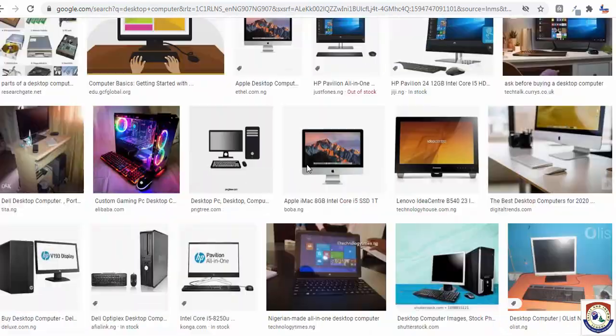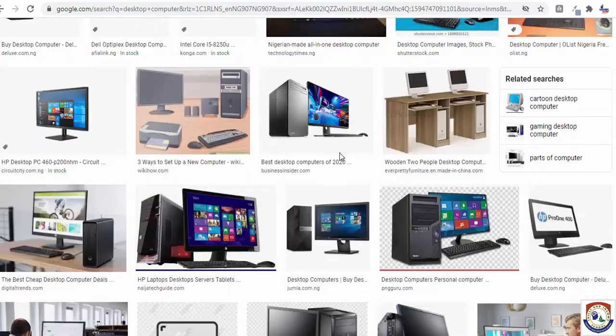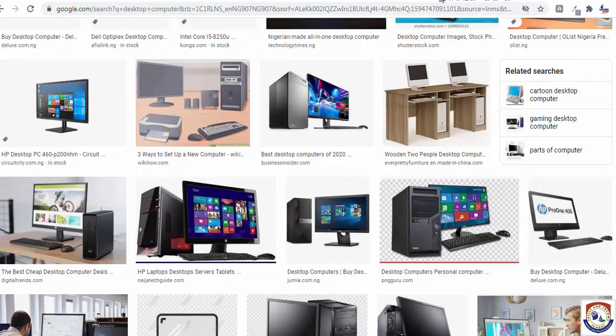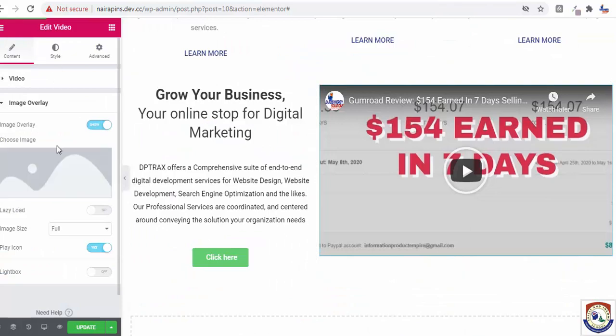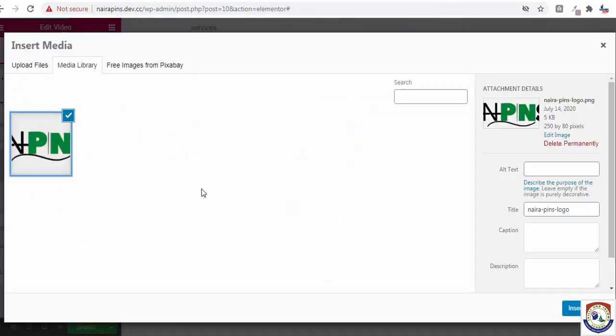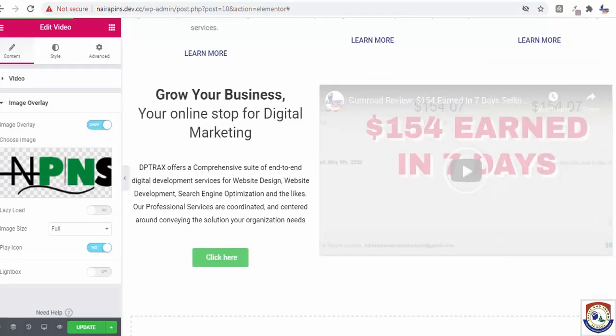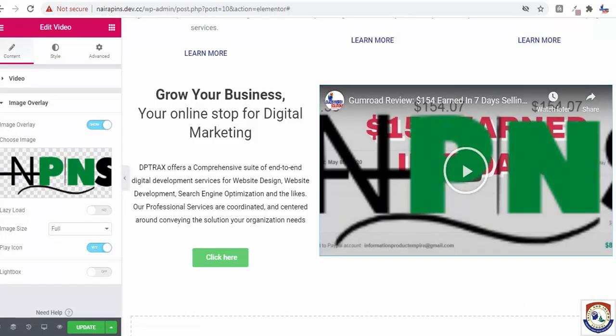I don't really think they have it, so maybe we should just, but let me just show you the features in the image section. So if it were to be image, let me see this. Let's see this. No, this is an overlay. So image size.